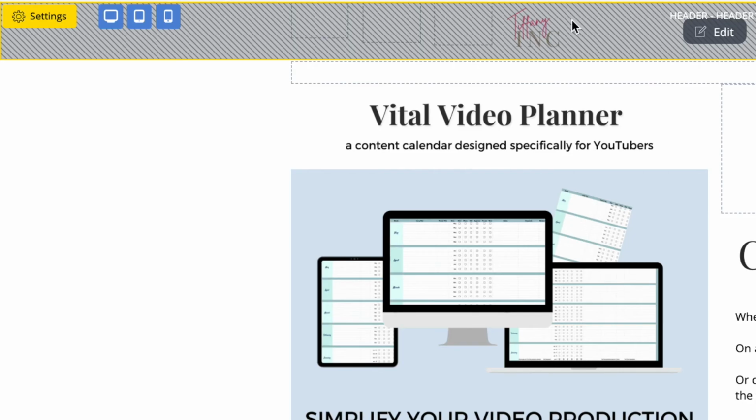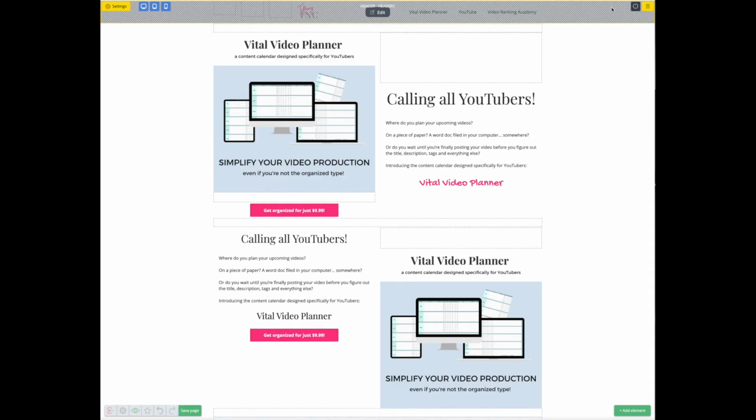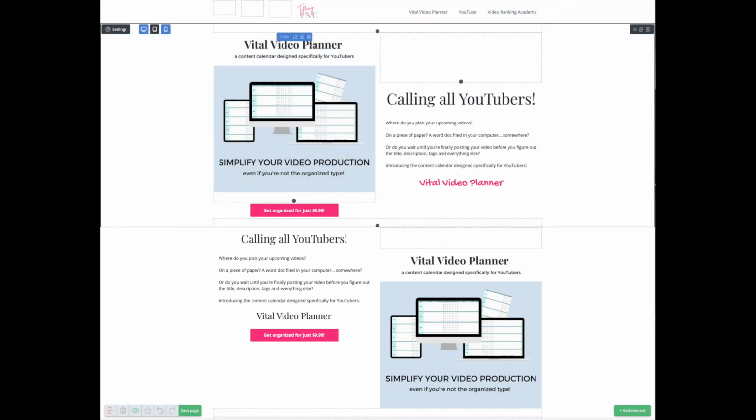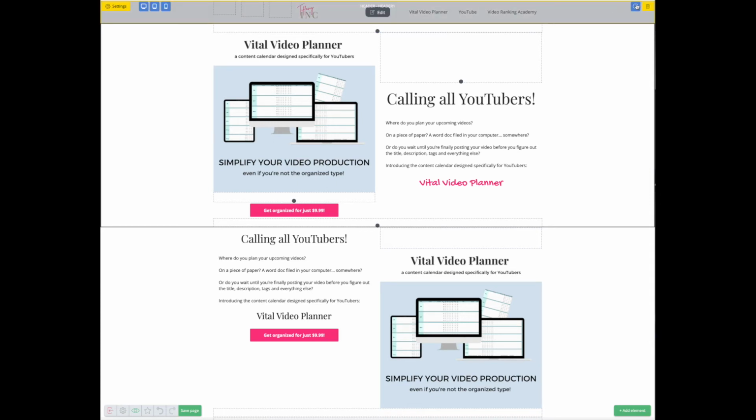This is a global header I have up here. I haven't turned it on because this is a very product-specific landing page, and I don't want people coming here to get distracted by the other links I have up there, or even my logo. I don't really care at this point. So I'm going to turn that off for this page, but it is universal. You know that it is because the buttons are yellow. That means it shows up across all your pages.